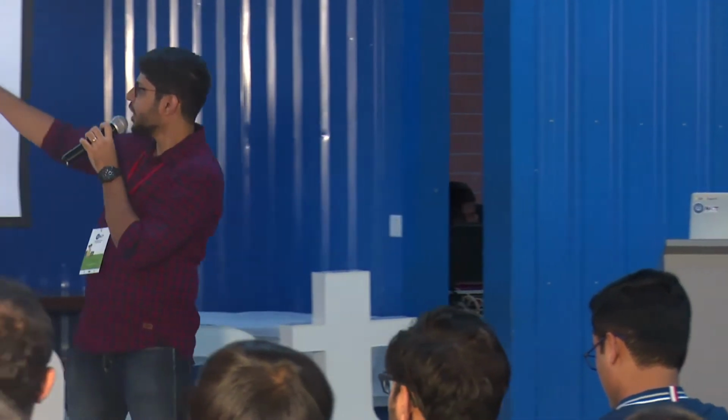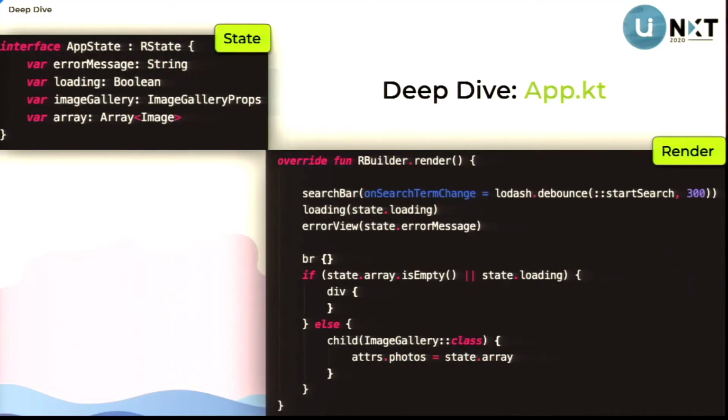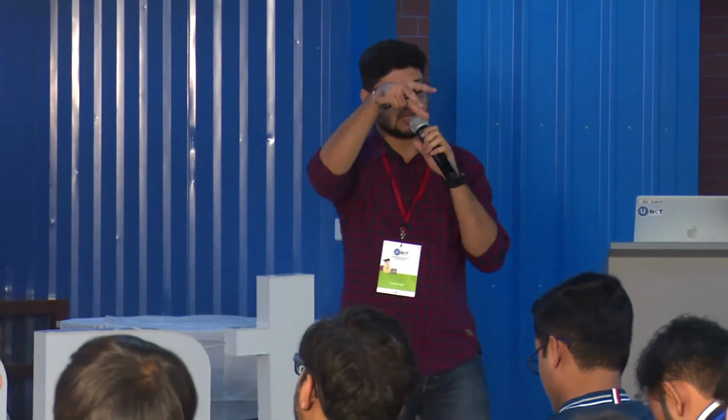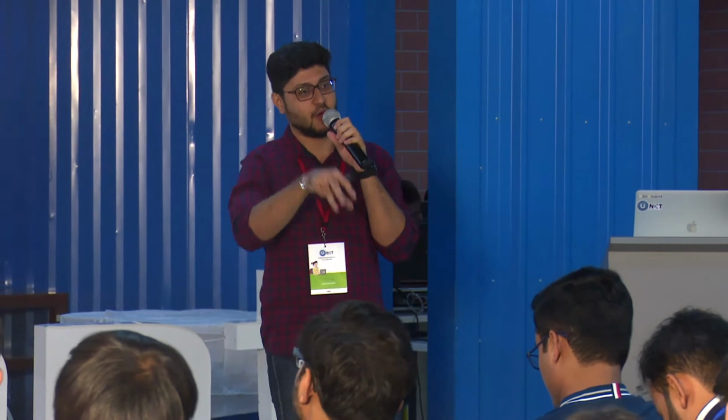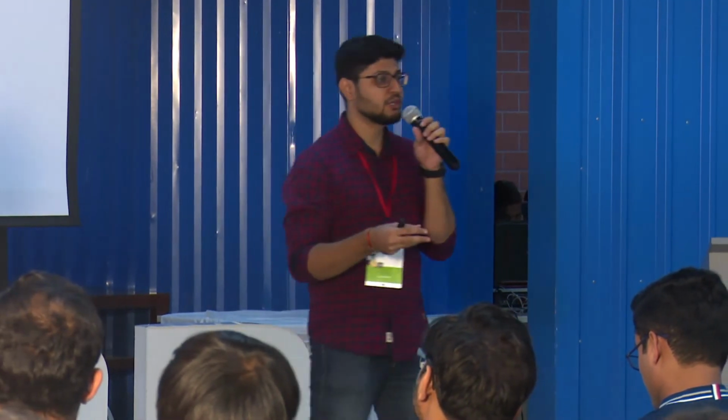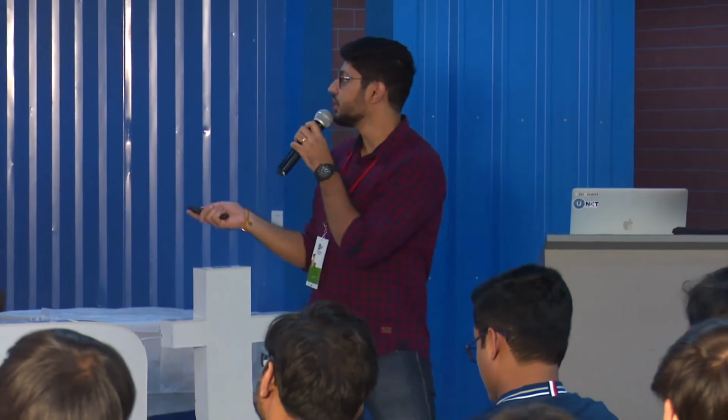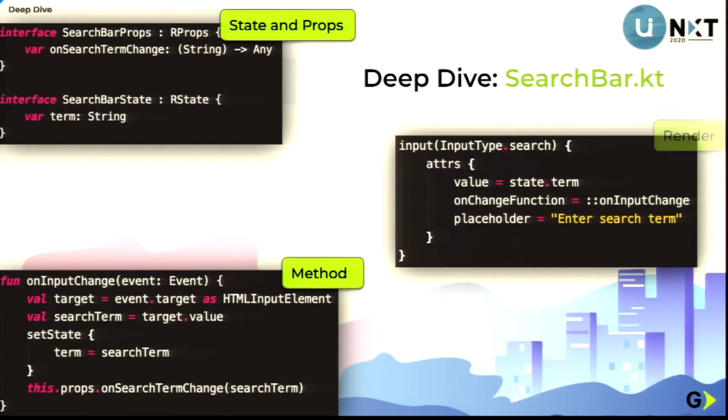So one point to note here is that if you see, loading is being given the state.loading. So my application state is being passed down the chain to the loading view, okay? And the error view is getting the error messages, okay? So all of the state is being puppeteered and being passed down as props to your children. Very relatable to JavaScript developers, right? So deeper down to searchbar.kt, which is the search bar which we just saw. Again, I would like you to identify the elements we have separated out here.